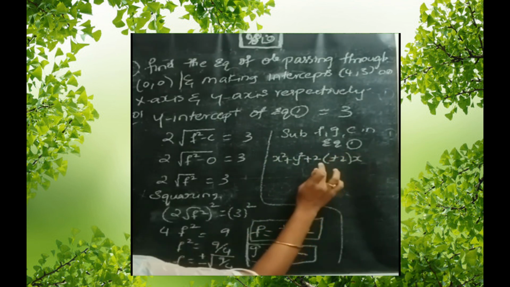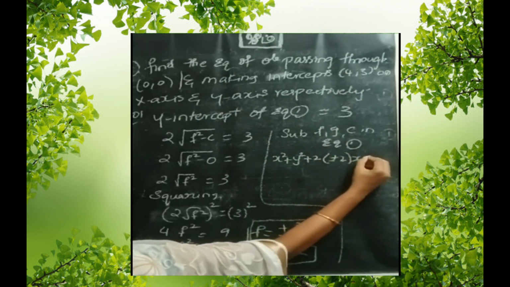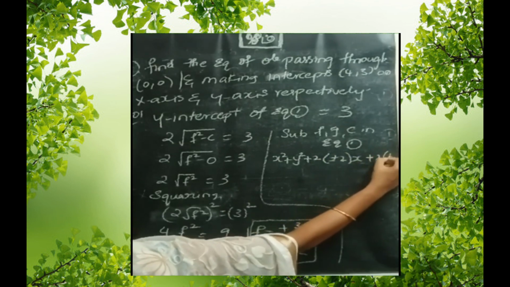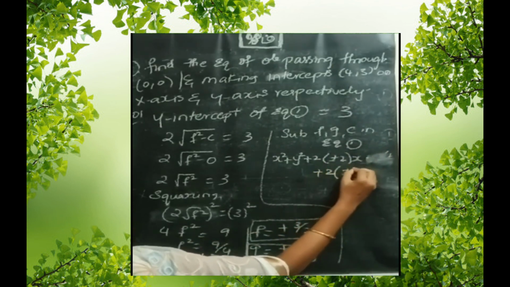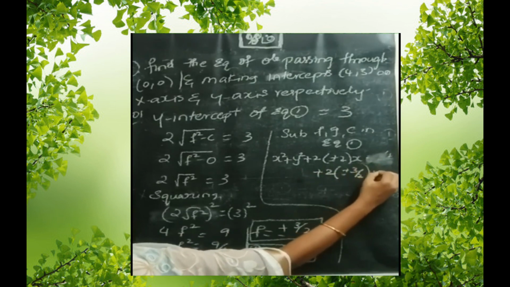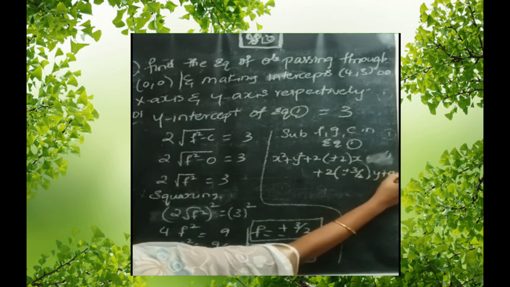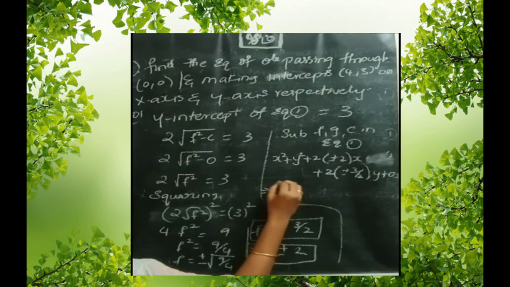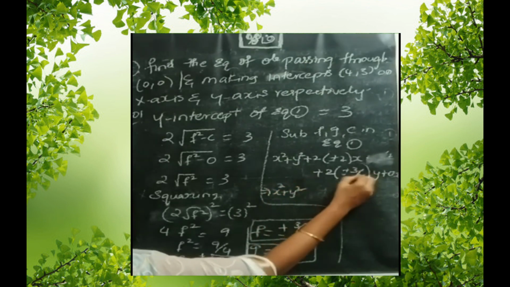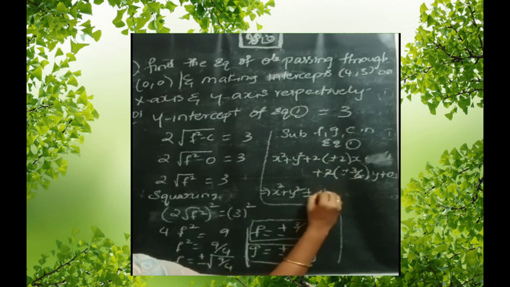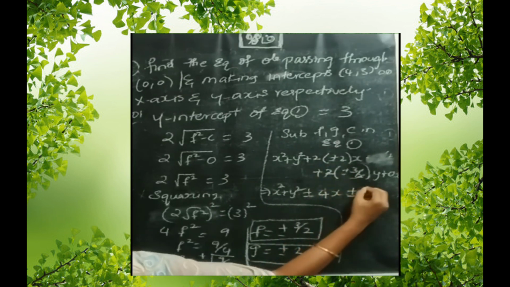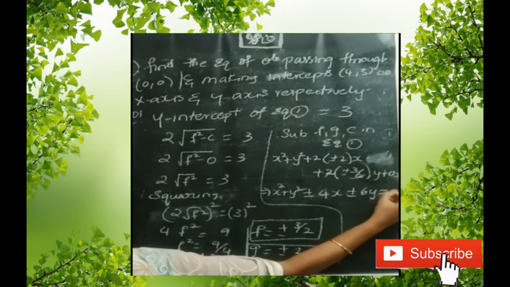Don't forget to write plus or minus here. Plus 2 into plus or minus 3 by 2 y. Why? c is 0. So our required equation is, here 2 will be cancelled, so plus or minus 4x plus or minus 3y equals to